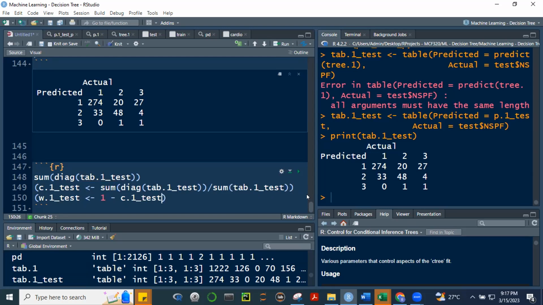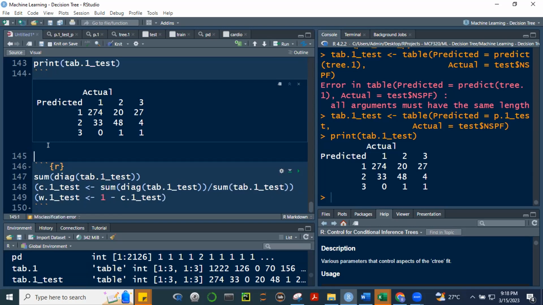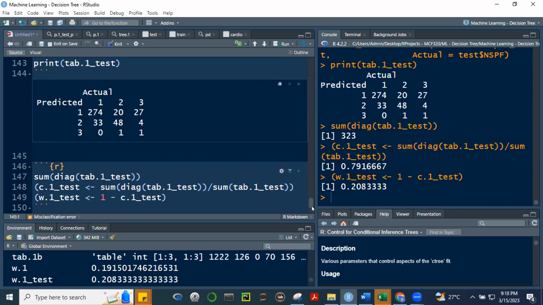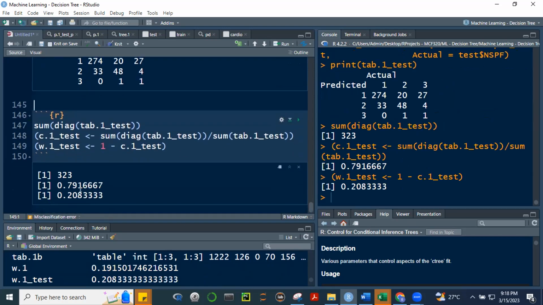All right. So ito na yung sa test natin, no? Run. All right. 79%, no? So our model was able to predict correctly 79%. Yung kung N or S or P ang wrong natin. Pretty good, no?